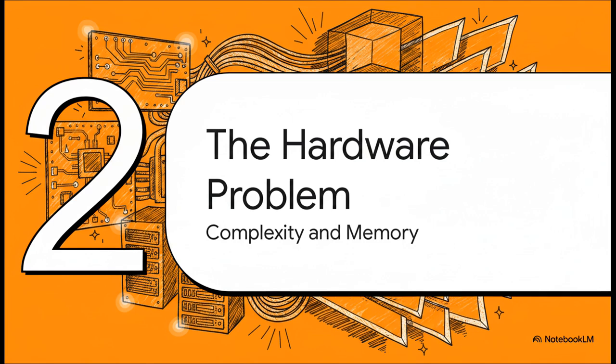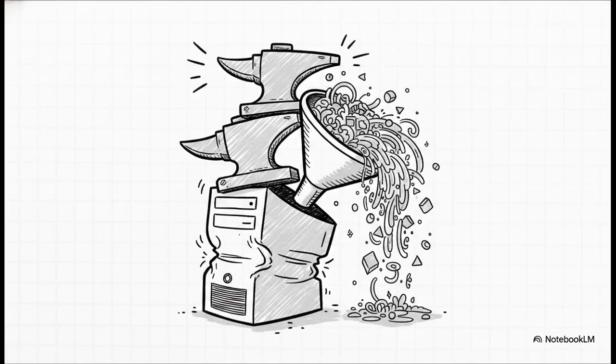Let's look at symptom number two, the hardware problem. This curse isn't just theoretical math. Every single dimension you add carries a very real, heavy physical cost. The computational burden just compounds. More dimensions mean vastly more calculations. Your system needs significantly greater memory just for basic storage. Then you need even higher memory for data preprocessing. And finally, drastically increased demands during the actual model training and prediction phases. The model just has way too many inputs to juggle at every single step.